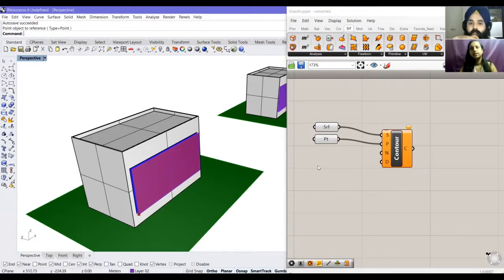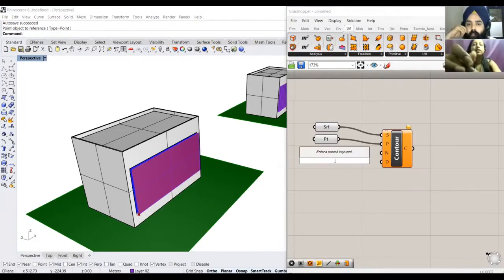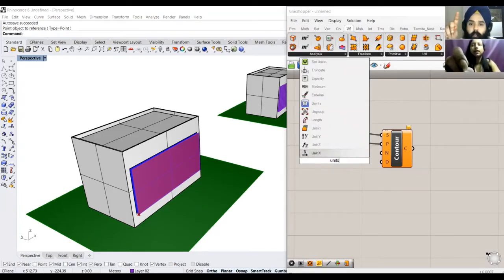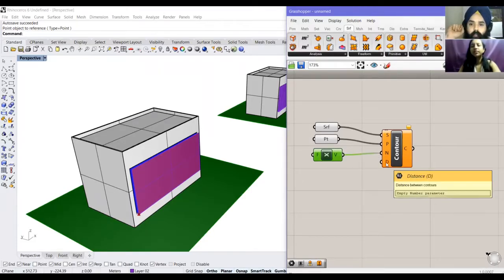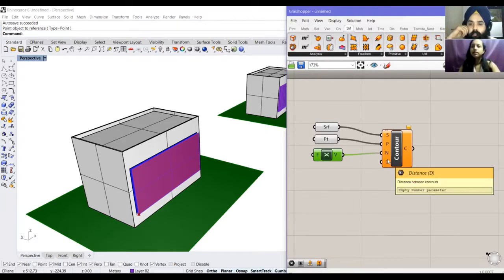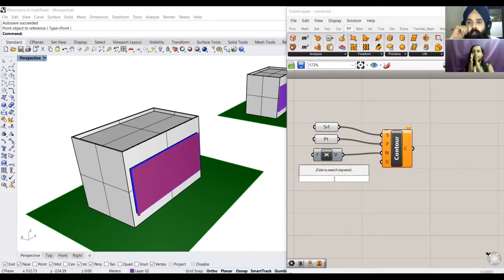Understood. So the normal direction is unit. Before that, what is D? Yes. I'm just fitting in each of them. D, because as soon as we fit in D, we'll get the contours. That's the last. It is distance between contours. So let's say we're going to keep our louvers 900 apart. Let's just take one value. We can change it later.